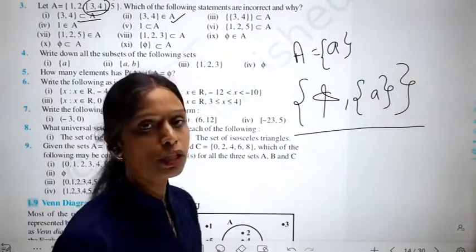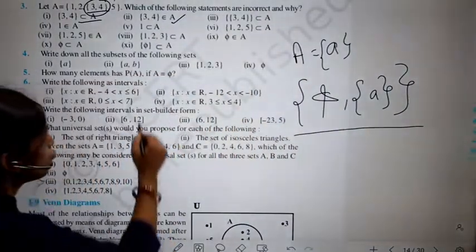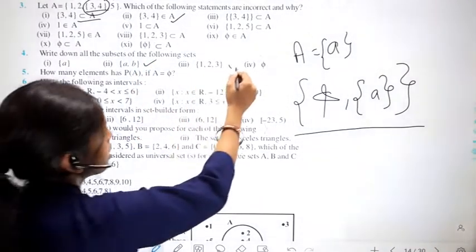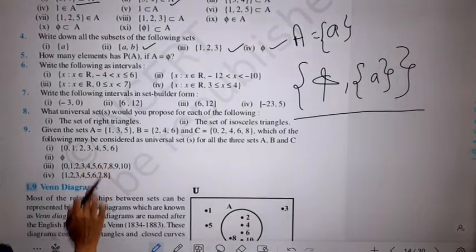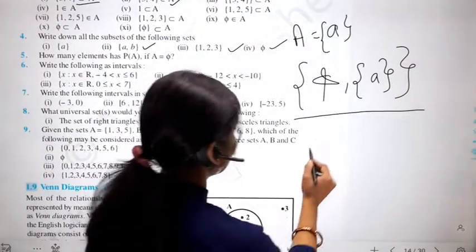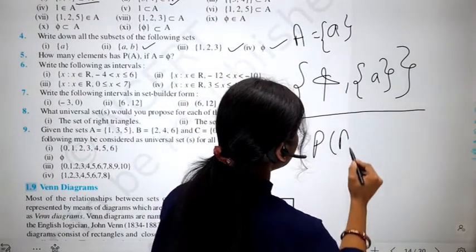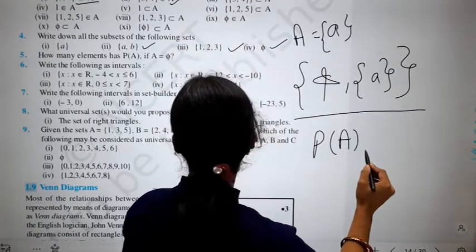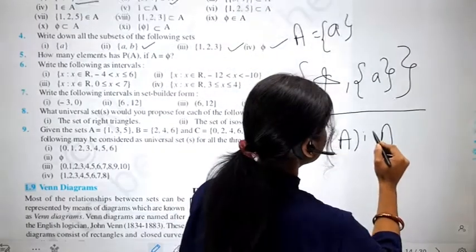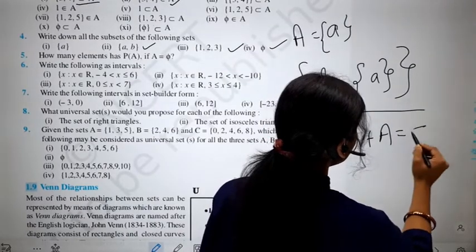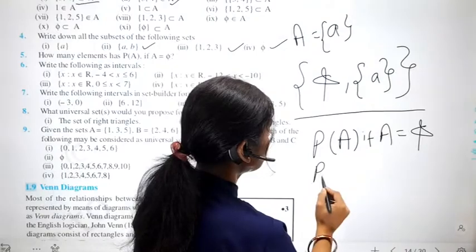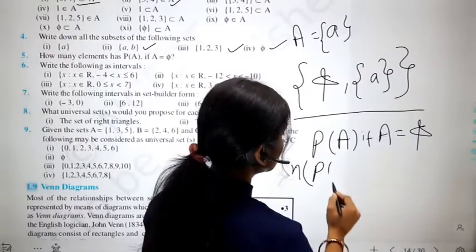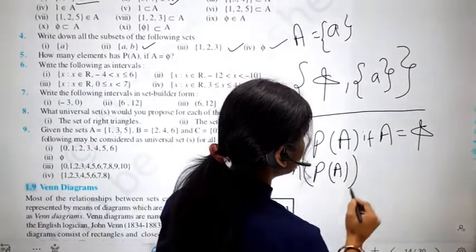Then this is a subset of A. As you can write here, this one and this one and this one also. My next one is how many elements are in the power set of A, if A is equal to 5? And you know that the number of elements of the power set of A would be